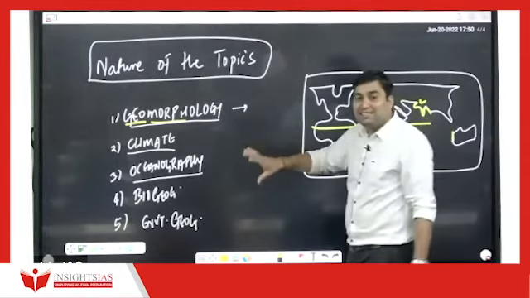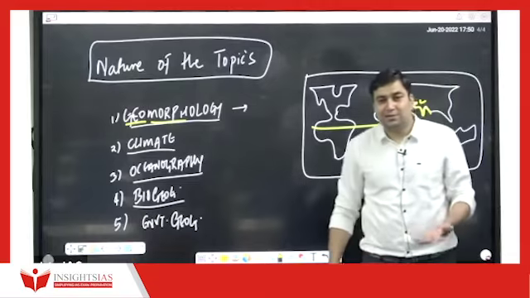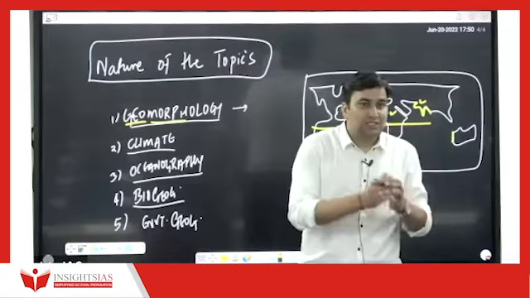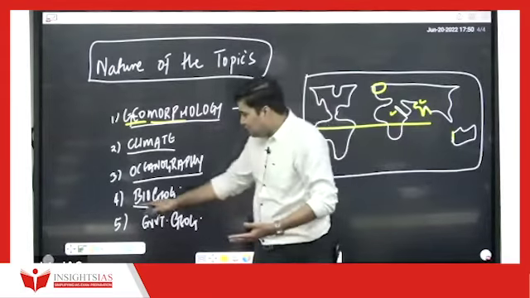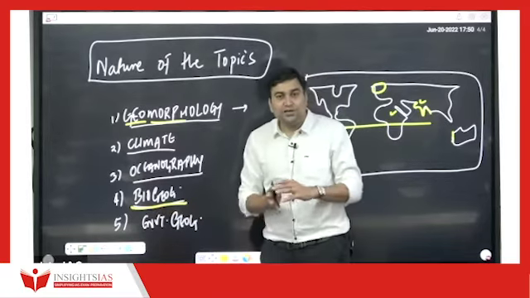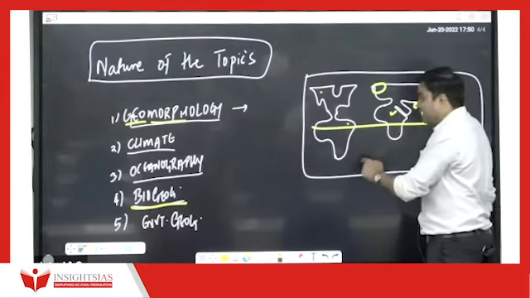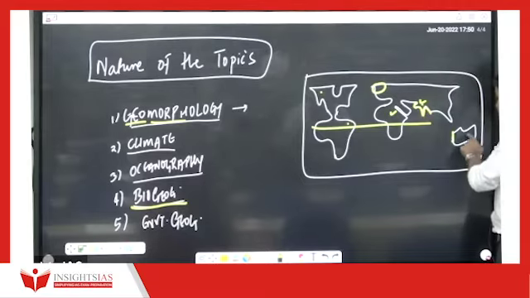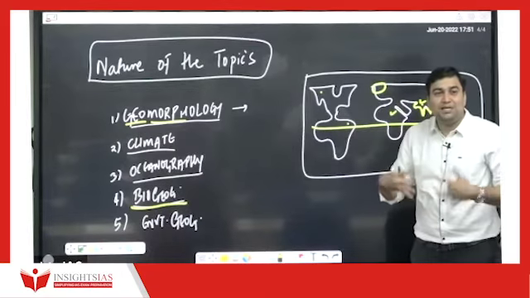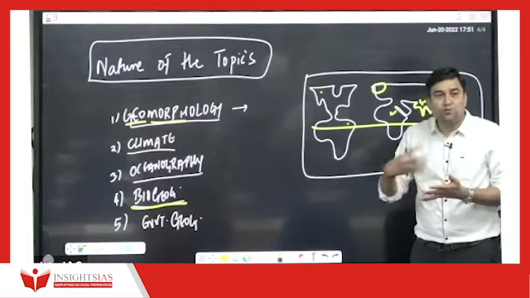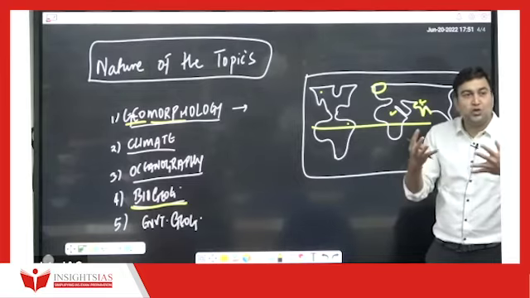Climate and oceanography are essentially interlinked. Biogeography means soil. You might have heard in recent times about Sadhguruji's movement, the Save the Soil movement. So the study of soil is essentially done under this topic, biogeography, where we are going to understand how soil is formed. For example, the type of soil here, the type of soil in the Great North Indian Plains, the soil in Australia, are they exactly the same? No. Soil formation depends upon something called parent rock, right? Also, soil formation is affected by multiple factors. So which are those factors that help in the formation of the different types of soil?